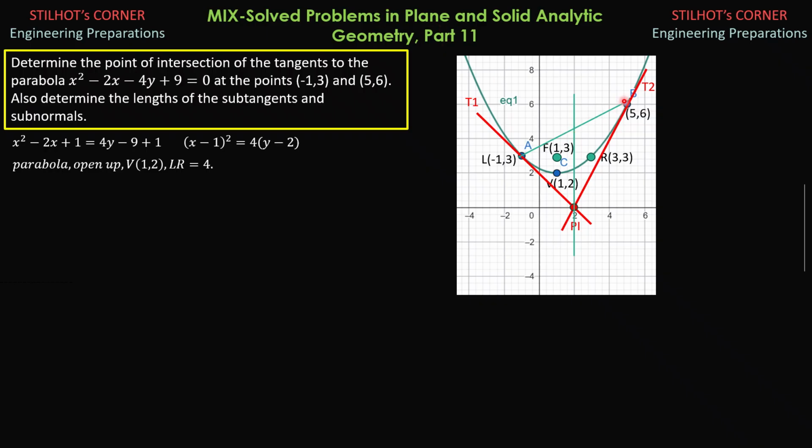Since this is a straight line, the x coordinate of the point of intersection between two tangents, also relate this with your surveying, then this distance would be the average of the y coordinates 3 and 6, because that's a straight line midpoint. In other words, this is also the average of the x coordinates -1 and 5.